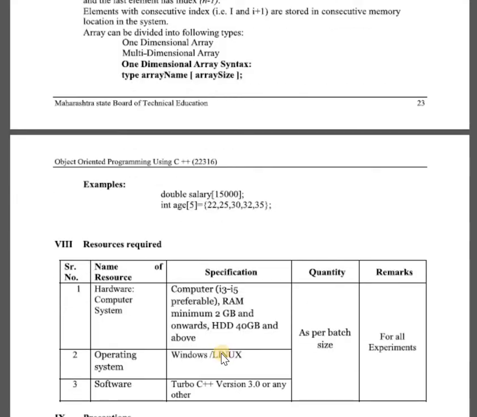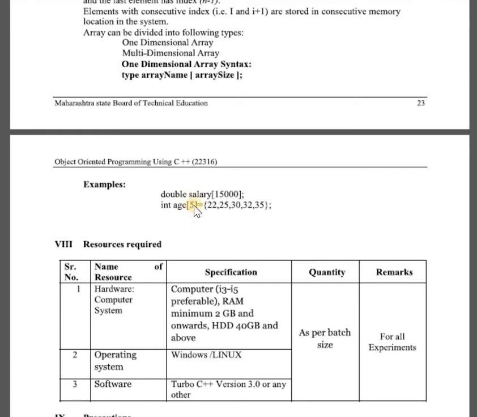Let's take one simple example. Here is a one-dimensional array. An age array is declared of the type integer. How to define a one-dimensional array? First we want to specify the type, so here is the data type, integer. Next, we want to specify the array name. Age is the array, and in square bracket we want to define the array size.